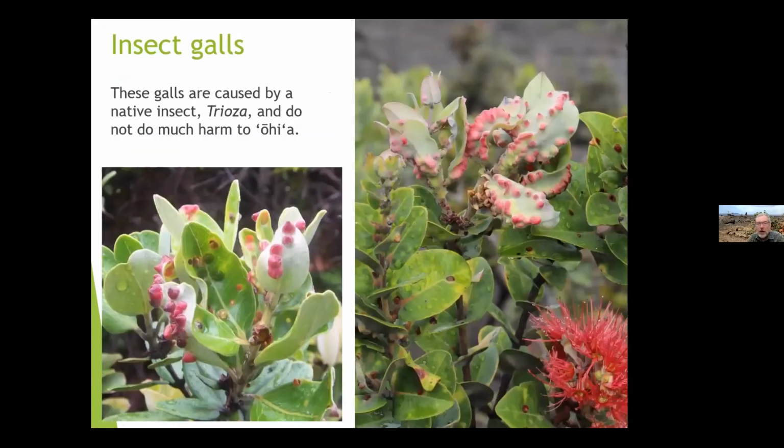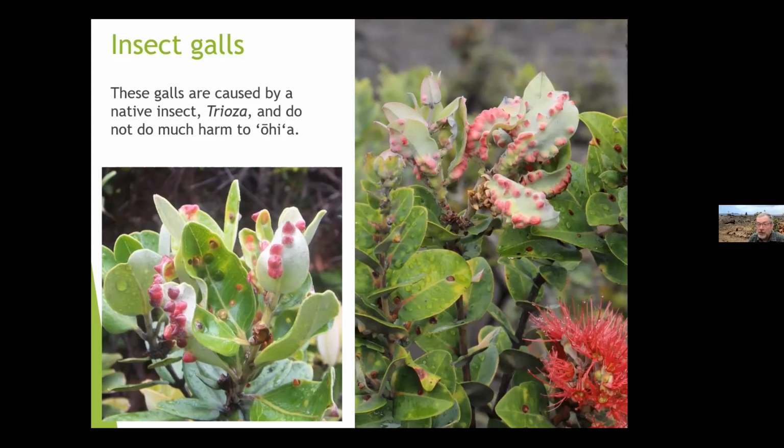Other things. I hope you guys recognize the Trioza galls. Now, for you entomologists, I know they reclassified Trioza, and I don't remember the new name. It was Trioza for many, many years. This is a native gall insect that's on Ohia. So it's been on the Ohia for millennia. It is part of the native ecosystem. It's not a problem. I think it's really important for everybody doing extension and outreach to realize what this is,